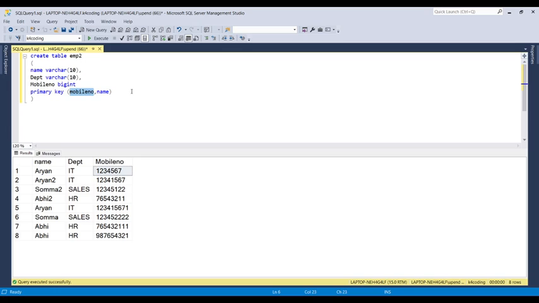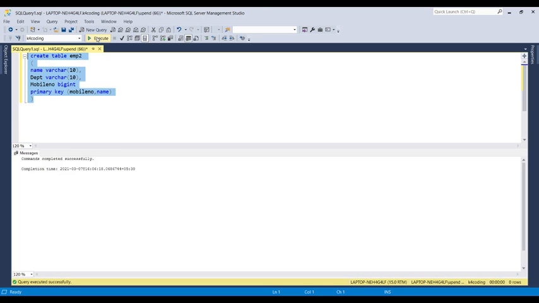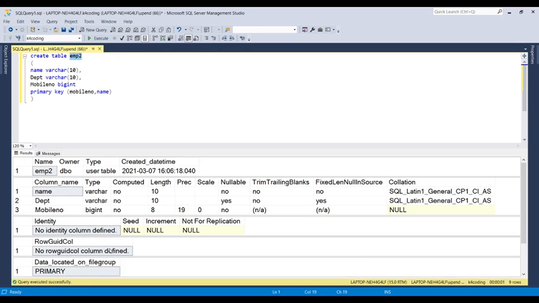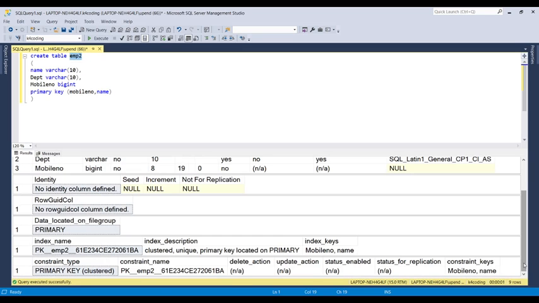Before, the primary key was just checking the validation on mobile number. Now it will check the validation on mobile number and name, both values. Check the same table structure by pressing Alt F1. As you can see, we have the composite key on mobile number and name.